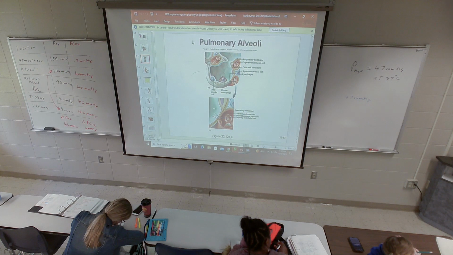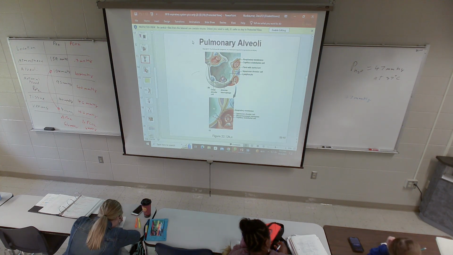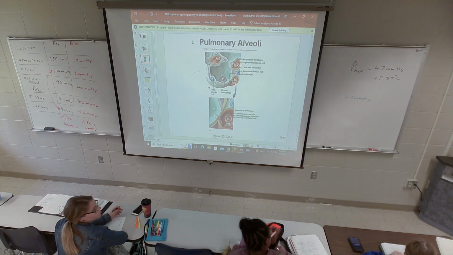But it's 1-to-1 if you're just eating carbohydrates, which means every time an oxygen molecule moves across, you basically have to move an equal number of CO2 molecules across. It has to be 1 for 1 because this is the place they're coming from and the place they're going, and it's 1 to 1.